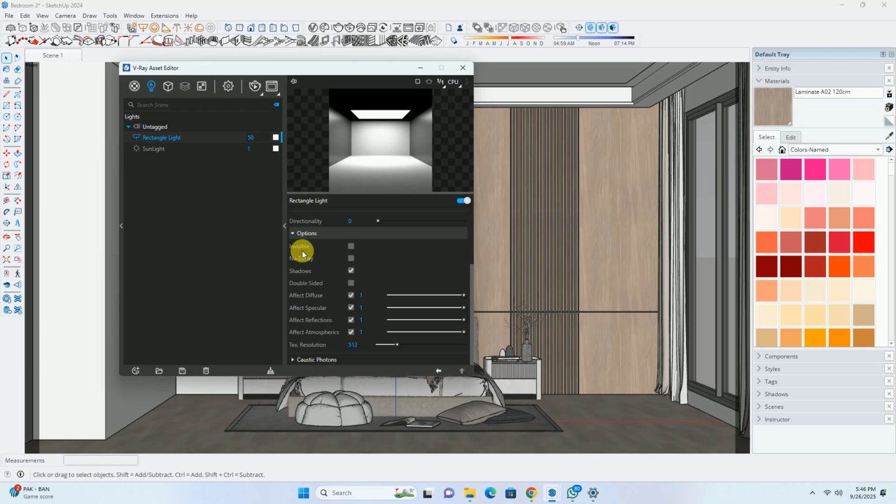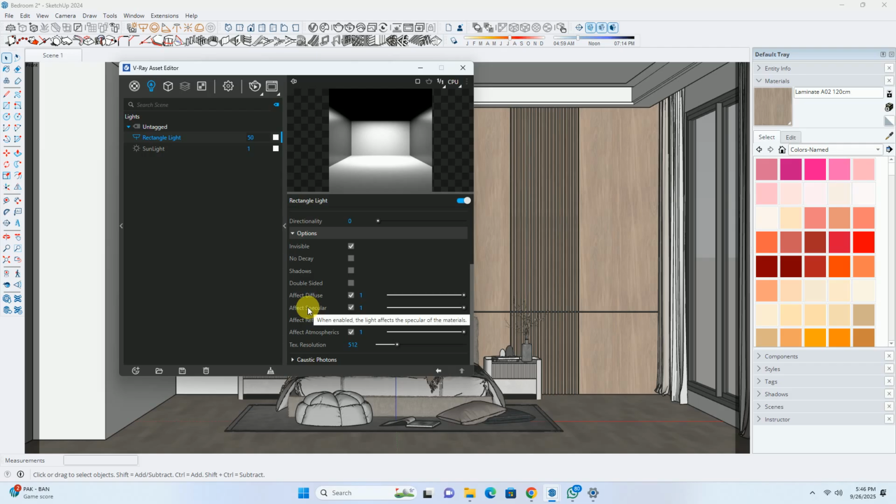This is the most important thing for setting up a rectangular light. First of all, we'll make it invisible so that we have only the light and the rectangle itself won't get reflected. Second thing, we'll turn off the shadow effect also so that we cannot get a shadow of the plane of light that we are using.